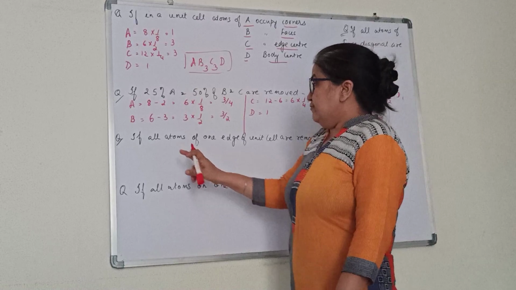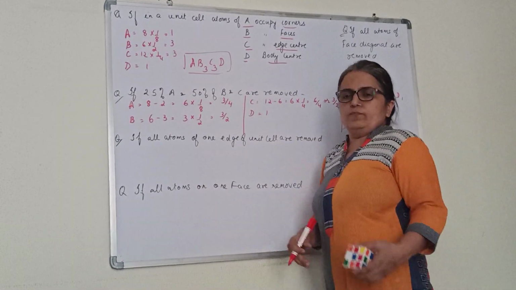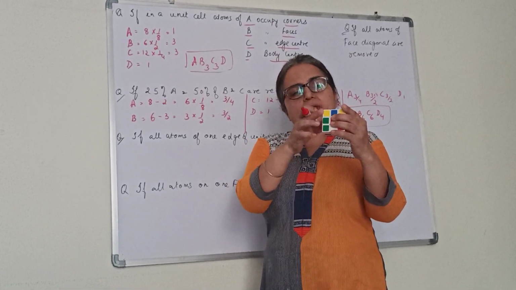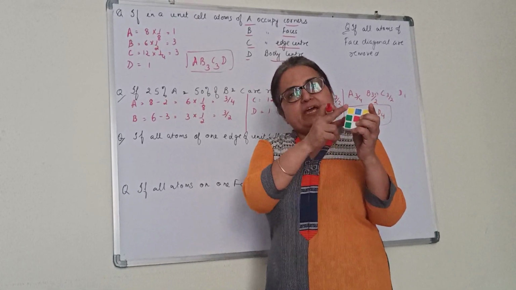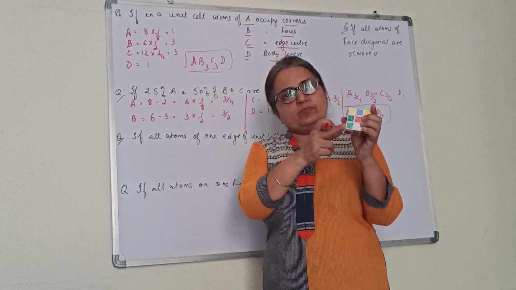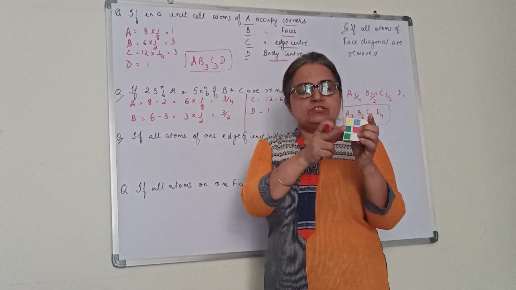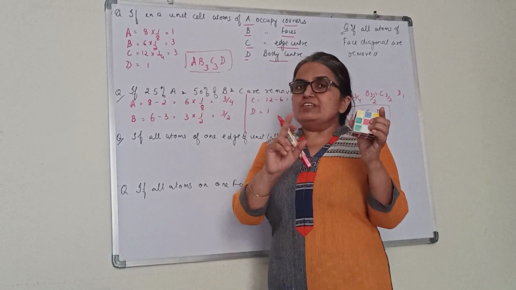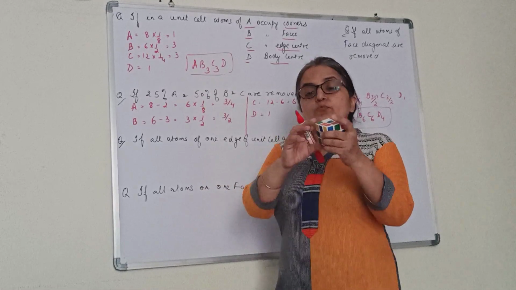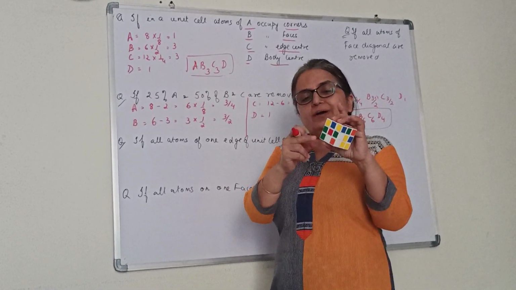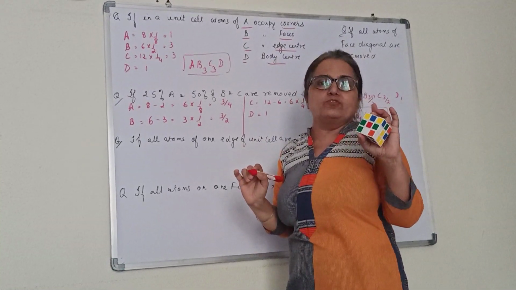Next. If all atoms of one edge of the unit cell is removed. This is the edge. How many atoms are removed put together? How many atoms are coming on the edge side? See, these are the 3 atoms which are coming on the edge. 2 corner and 1 center of the edge. All 3 are not having similar contributions also. So we have to write down separately. So which atoms are there at the corner and the edge we have to see. At the corner A and C only we have to bother about.